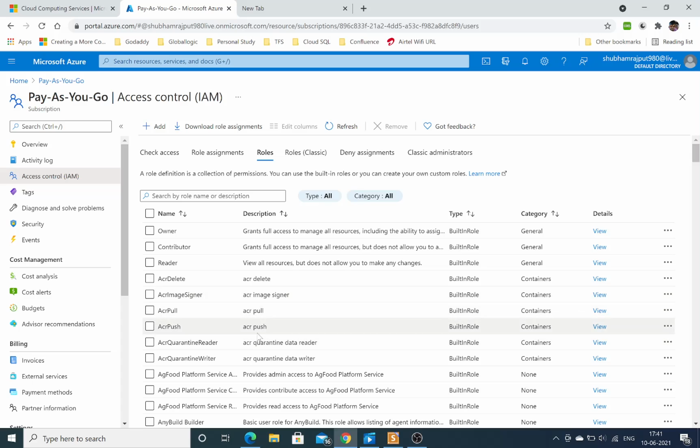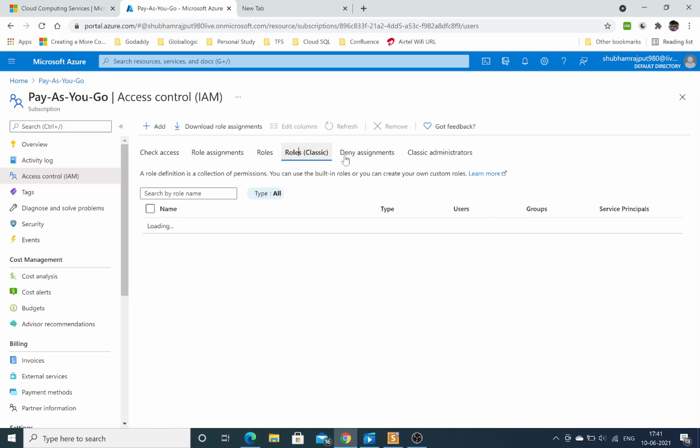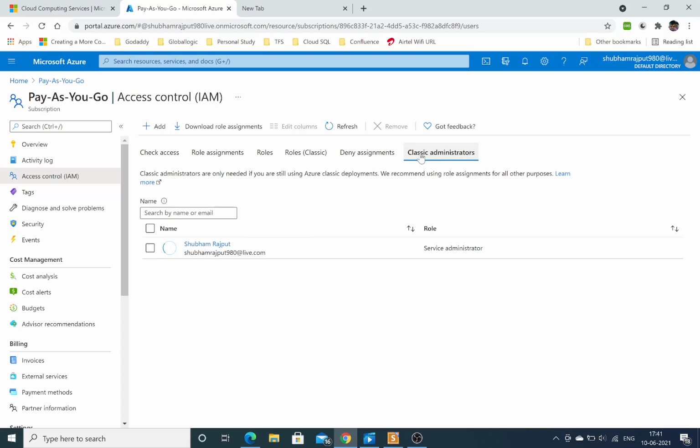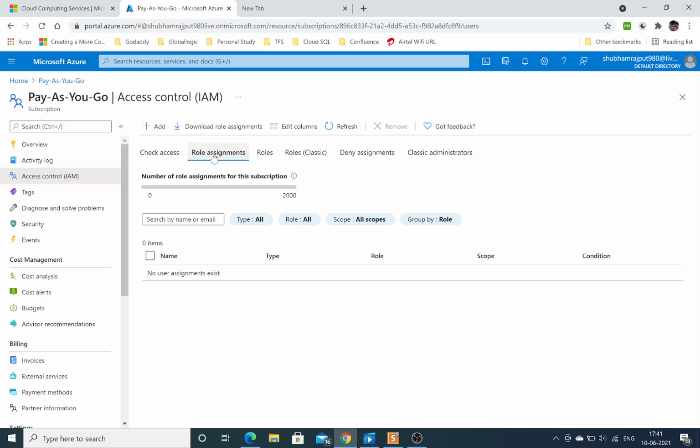These are the different roles available in the Microsoft Azure portal, including some classic roles, owner, reader, and all these roles. Coming to the classic administrator, in this case I am the service administrator for this subscription, and also the account administrator, meaning the root manager.